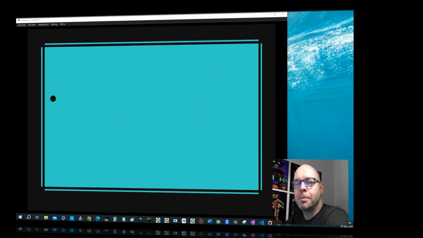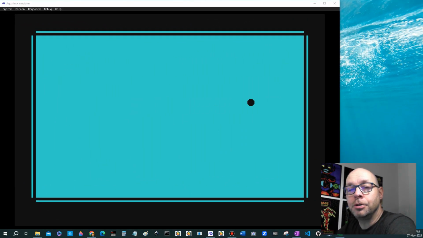Today we're going to be doing something kind of cool. I'm going to show you how to make a bouncy ball fly around the screen like this on an Aquarius Plus computer. Now you may ask, why do we want to make a bouncy ball fly around the screen on an Aquarius Plus computer? Well, it's kind of cool, and it's also kind of useful, because